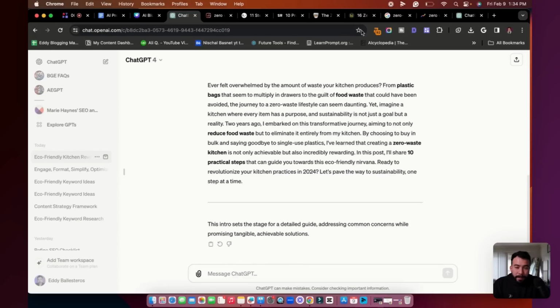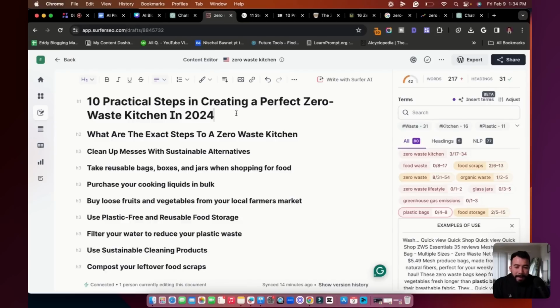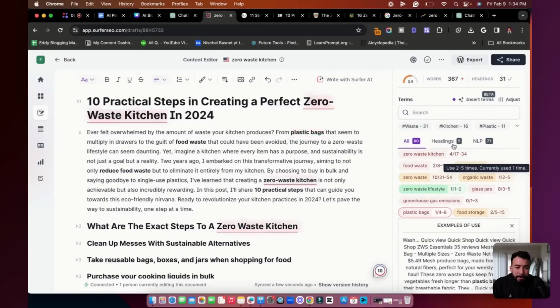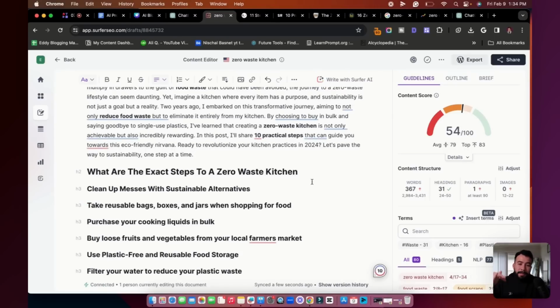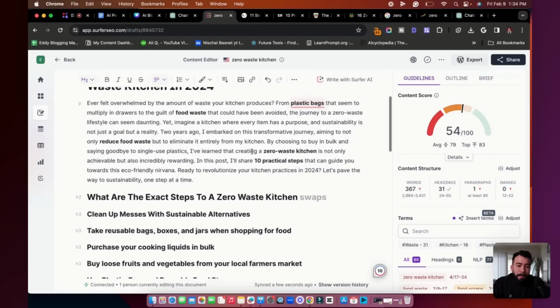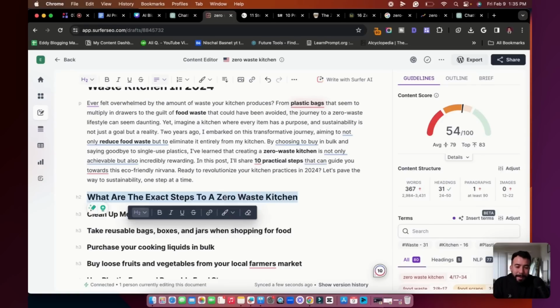Again, you can improve this or keep editing, but I'm going to go into Surfer, and I usually go back and forth. I'm going to add in the intro now. Our score just went up to 54, and that was just from this. I think this is a really good starting point. As you can see, this process as you're writing can usually take about 30 to 40 minutes, or maybe even shorter, but it guarantees that you're including Google's quality and also your own experience and preferences.